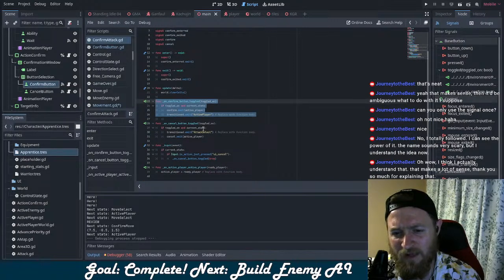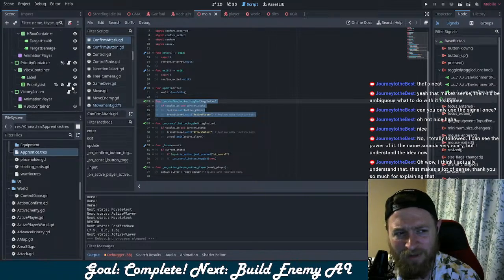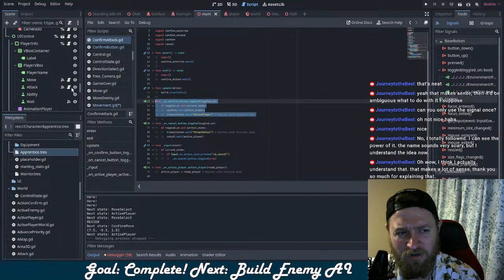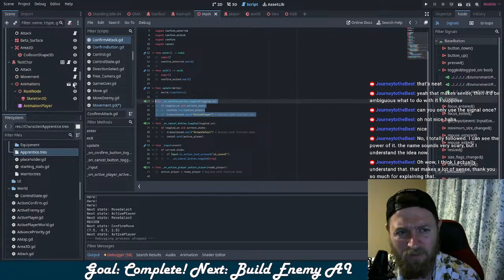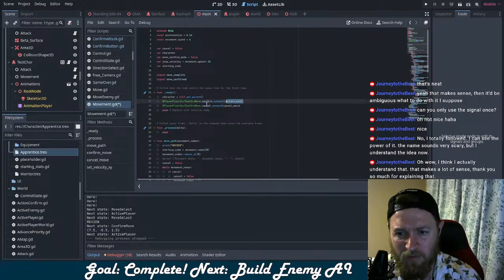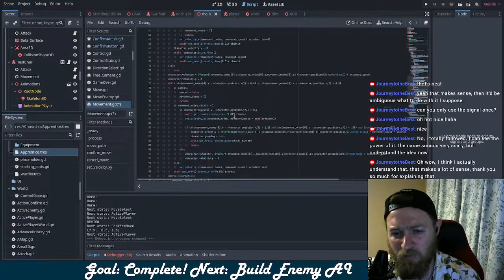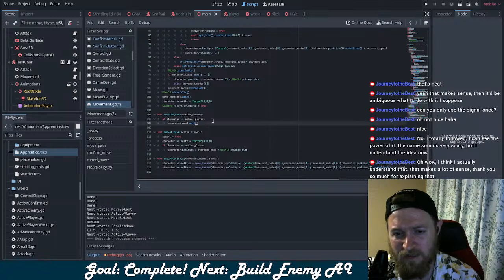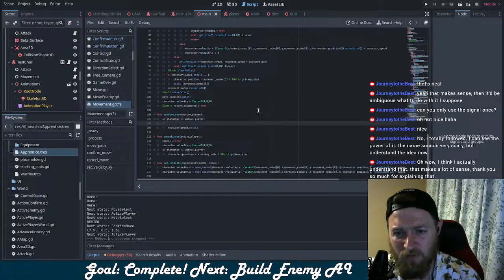And then I'm going to send this to the active player's attack function here. I guess movement function. And you can see up here, I link the movement confirm signal to the confirm move function, which is this. So I think I also want to say